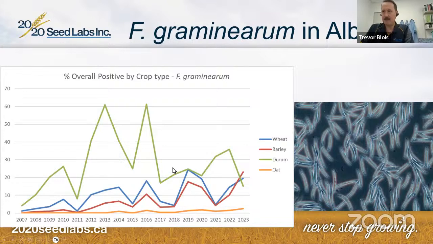Next up is the wheat in the blue here. That's the next most susceptible generally. And then barley is usually less susceptible in the red, but you can see this year we've had a little bit of a different situation where more barley samples are testing positive than wheat. Wheat is at about 20% and barley is about 24%, it looks like there. Oat is the most resistant to Fusarium graminearum, but this year you can see we've already had quite a few